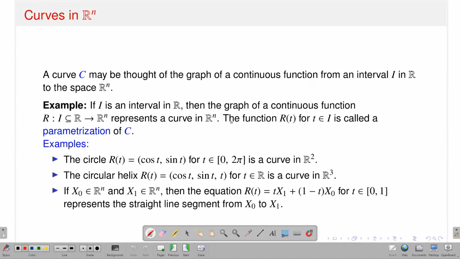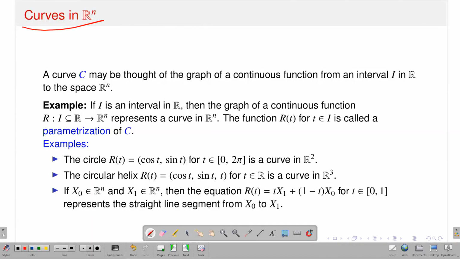Let me start with the notion of curves in R^n. What is a curve? I already discussed the notion of a curve in the first or second week of lectures, but let me recall it once again. The title is curves in R^n. Now, what is the definition? A curve, which I generally denote as capital C,